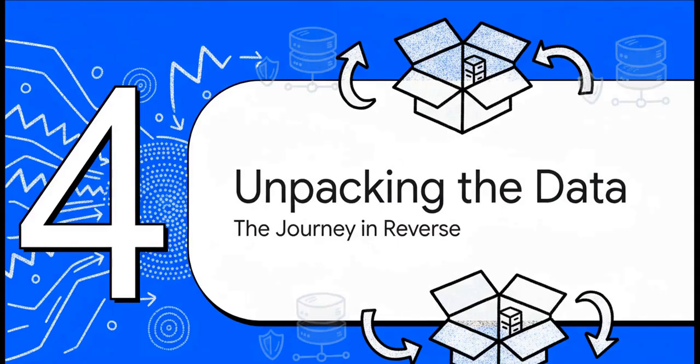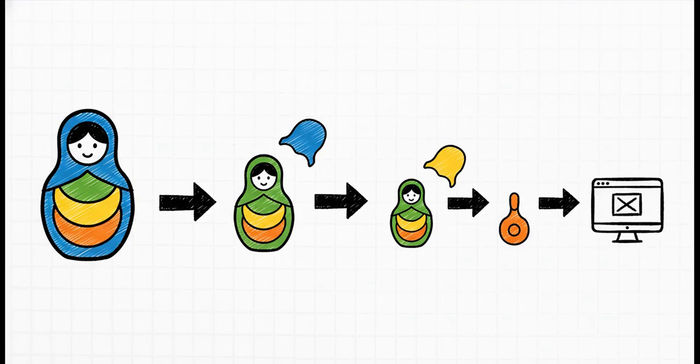So, our data has zipped across the world as a series of electronic pulses. What happens when it finally arrives? Well, the entire process we just walked through happens all over again, but in perfect reverse order. Think of it like a set of nesting dolls. The receiving computer starts at the bottom and unpacks the data layer by layer. It starts with the physical signal, turns it back into data, unwraps the frame to find the packet, unwraps the packet to get the segments, and then reassembles everything. It keeps working its way all the way back up the stack, translating and decrypting until your friend's app gets